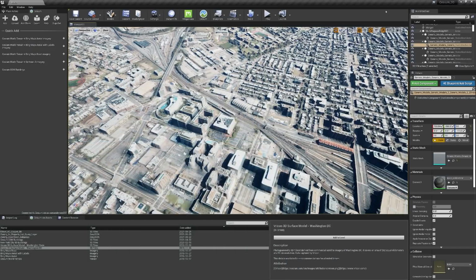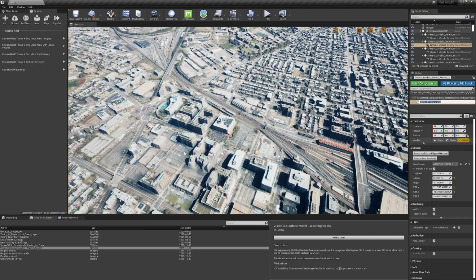Now, one additional tip for using Cesium in Unreal is that you can apply georeferencing to any actor inside your model. So you'll see here that I have a portion of my model selected. Underneath Add Components in the Details window, if I scroll down, you'll see that we have access to some Cesium components, including the Cesium georeference. Now, this could be incredibly helpful during the duration of a project, so that element stays current with the location